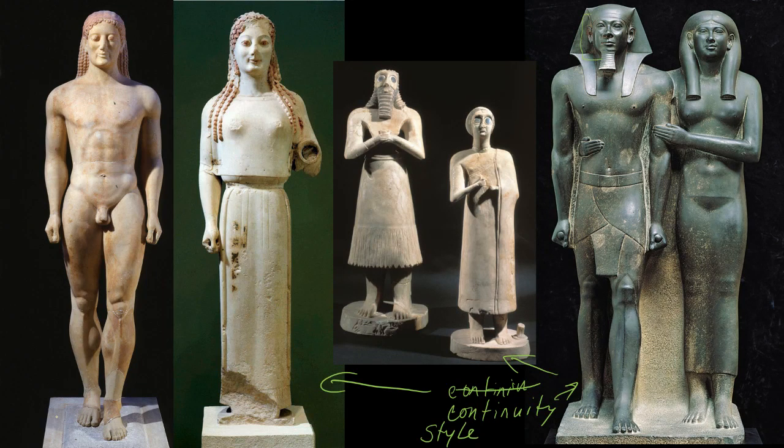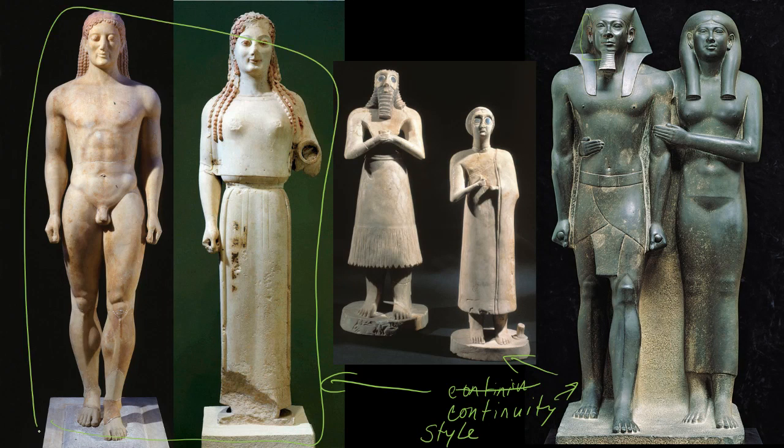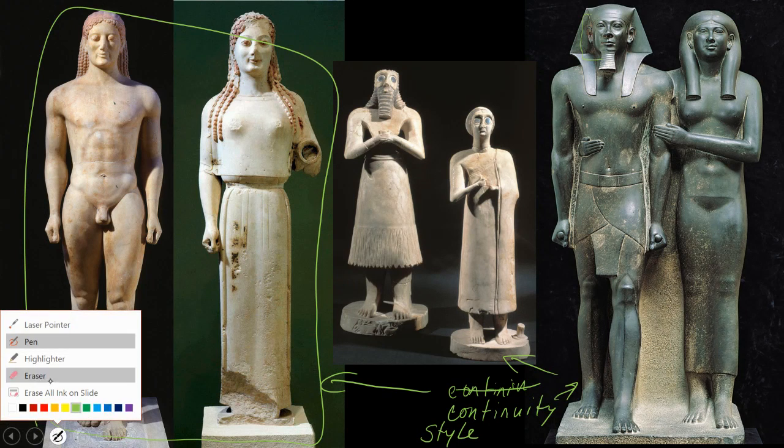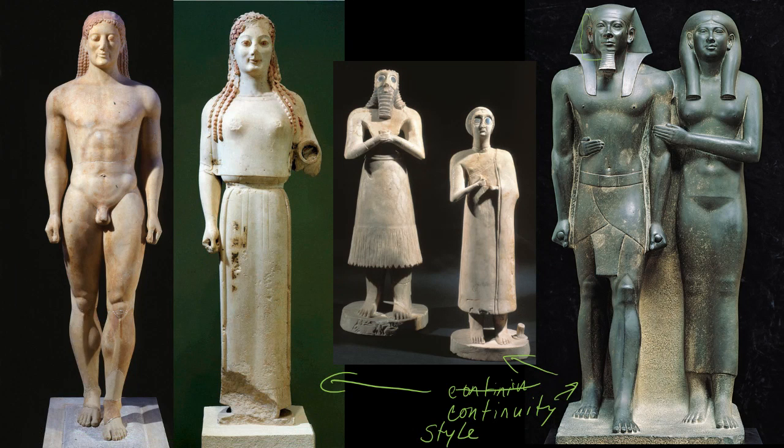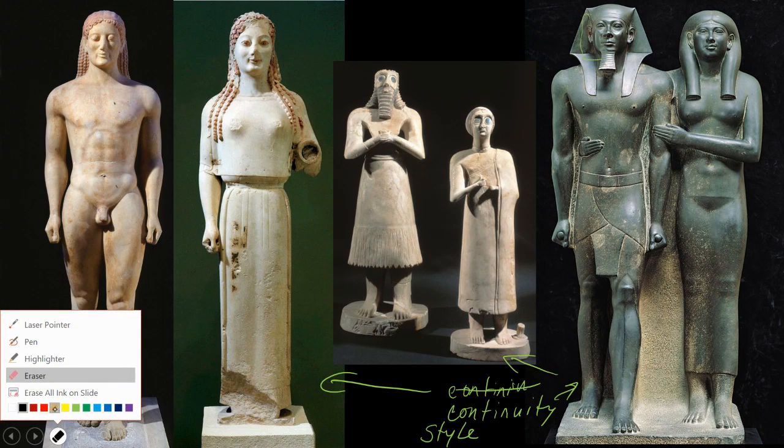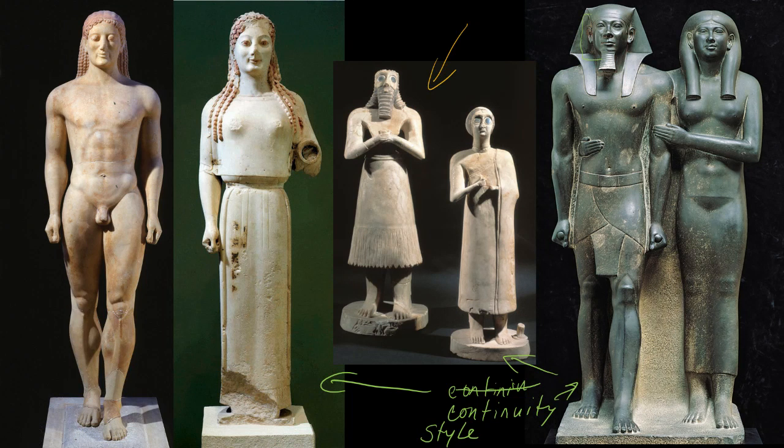Now, I know we haven't studied the Greeks yet, but I wanted you to take a look at these two Greek statues, which we're going to be studying in our next unit, because I wanted you to think about how these compare to the Egyptian pieces and how they compare also to these early Sumerian pieces, right? So we look at these early Sumerian pieces, and if we were to compare these depictions of the human form to later depictions, like, for example, on the Apadana in Persia,